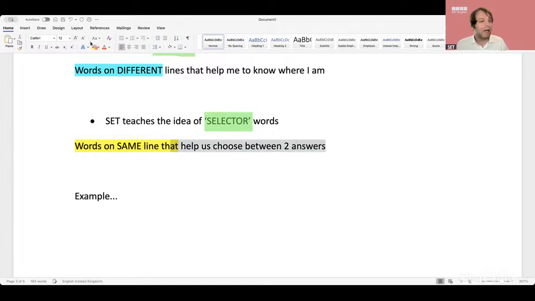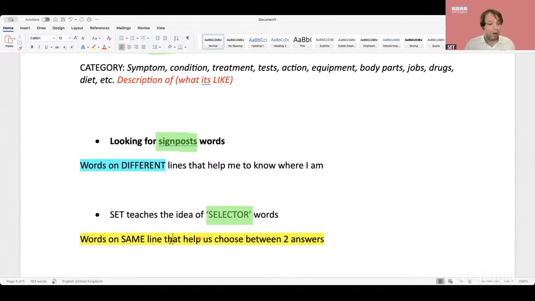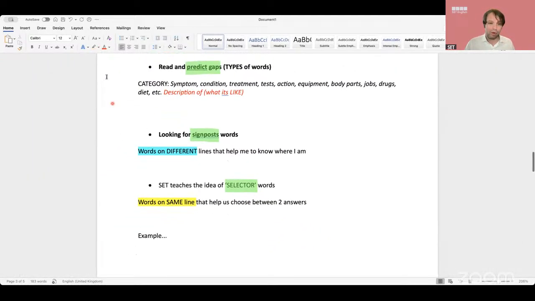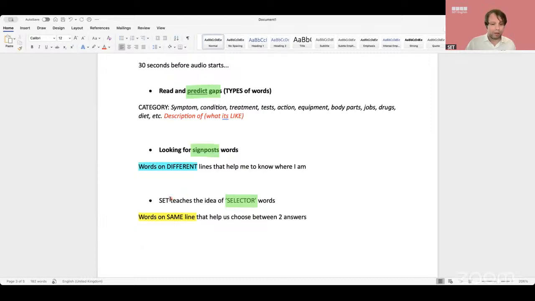Okay? Now, maybe I'm going a bit fast today, but a lot of people in this class know a lot of these things already. Does anyone have any little questions about this? Does it make sense what we're saying here? I've tried to give examples. Does anyone have any questions? Okay, well, let's try and apply this then. Let's try and apply this to a real test. And sorry, if you're watching on YouTube,